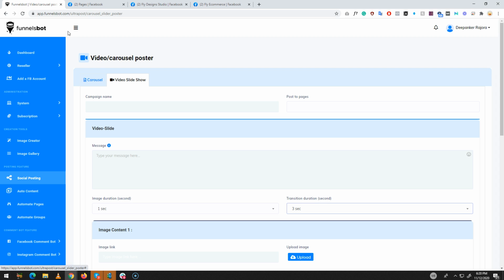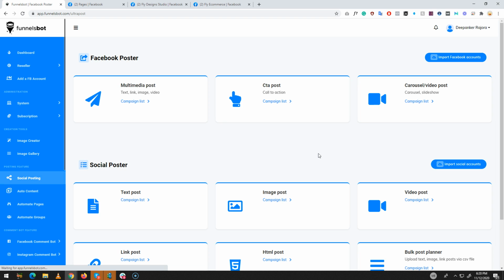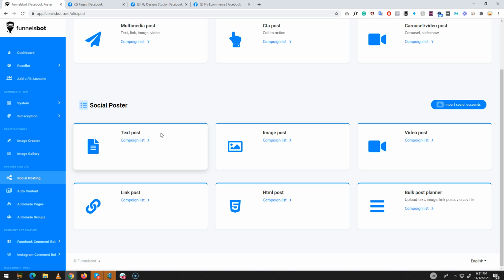And let's come to the other social media platforms, how you can post a single post on multiple social media channels in just one click. Okay, so for the social poster, let's come to text post, same thing, image post, video post is the same thing.